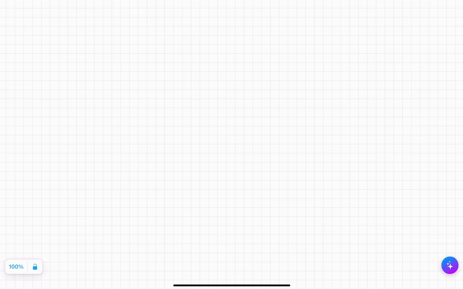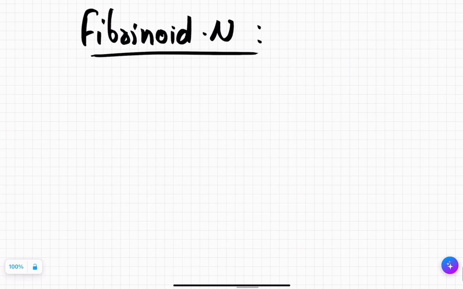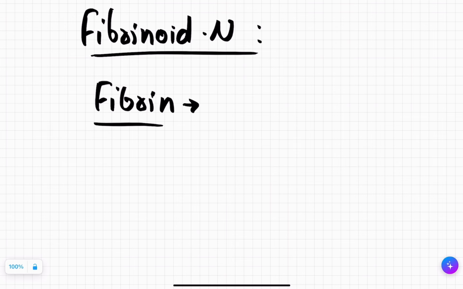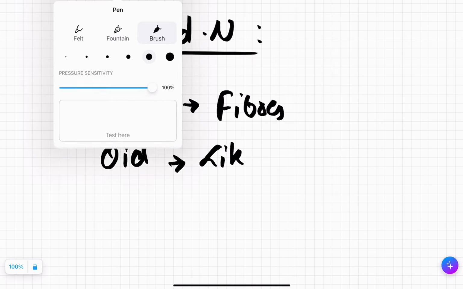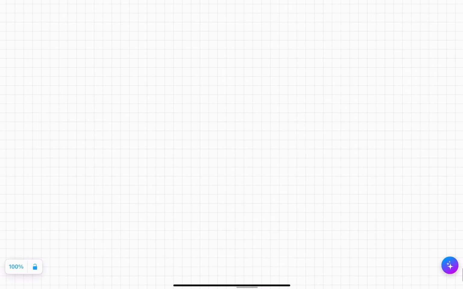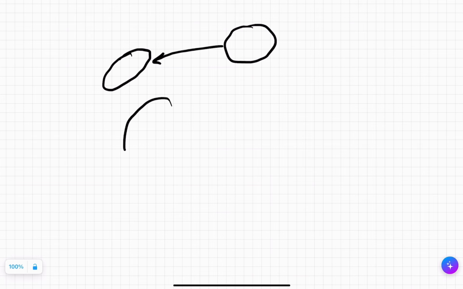Now the last one is our fibrinoid necrosis. Let's break the term. Fibrinoid. Fibrin means fibers. Oid means like. For example, thyroid. Thyroid means butterfly. Oid means like. So this necrosis appears like thread. So what happens is, let's say there was a bacteria. Macrophage came, it engulfed the bacteria